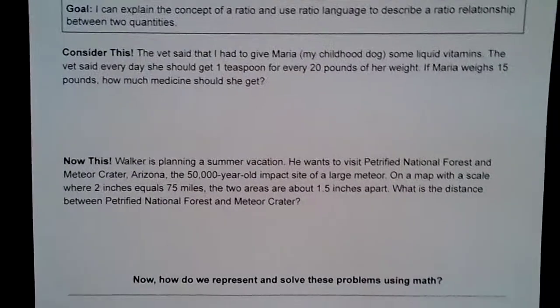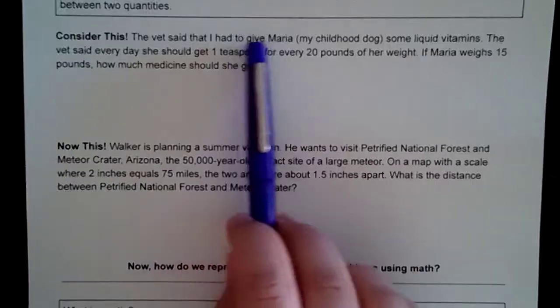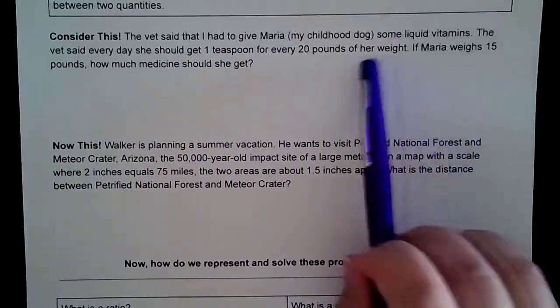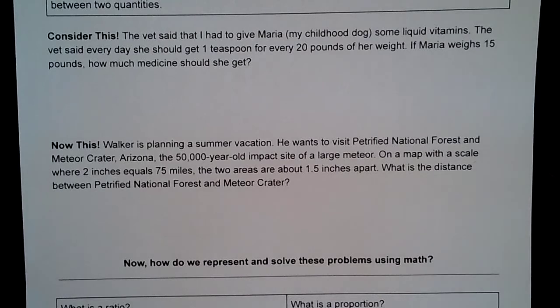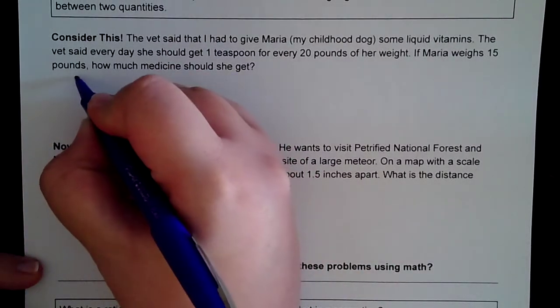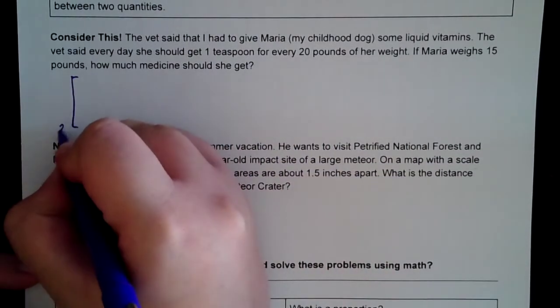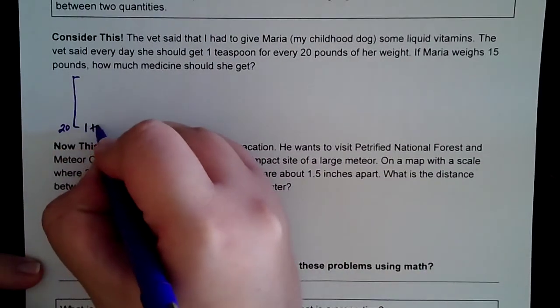I have two real-life problems right off the bat. So, the vet said that I had to give Maria, my childhood dog, some liquid vitamins. The vet said every day she should get 1 teaspoon for every 20 pounds of her weight. If Maria weighs 15 pounds, how much medicine should she get? Now, without knowing anything about ratios and proportions, I can kind of visualize this one. I can draw a little map over here, and I can say for every 20 pounds, she gets 1 teaspoon